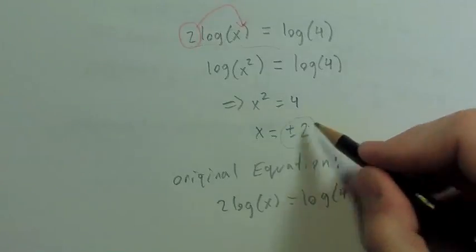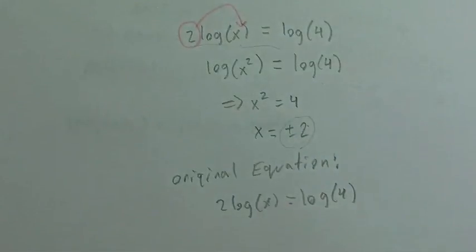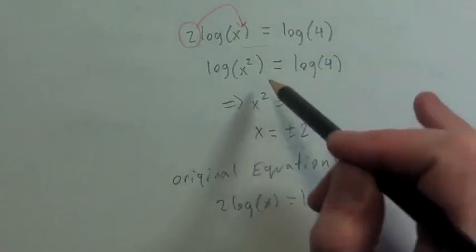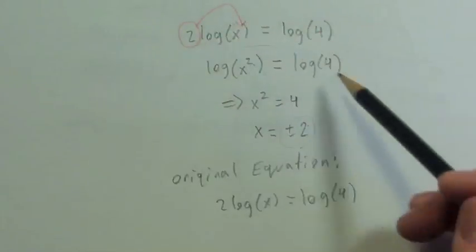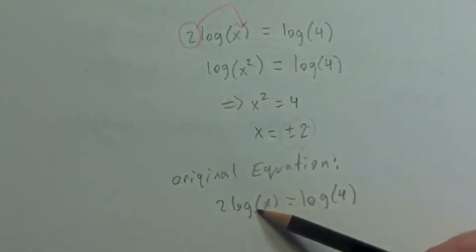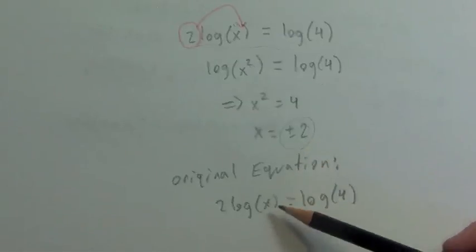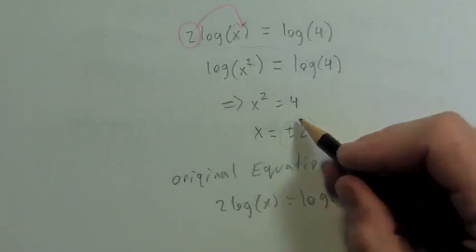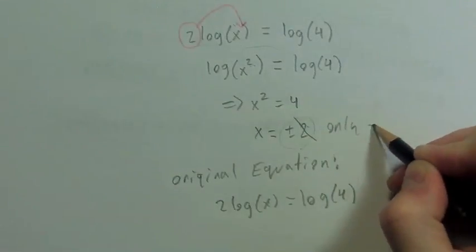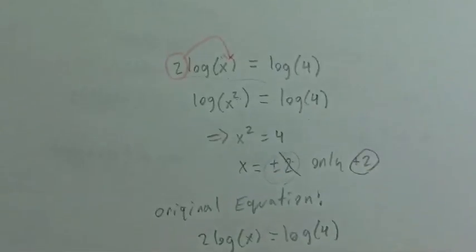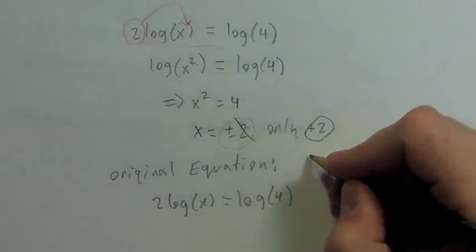I can't plug in -2 into this. Don't go to this one. Go to this one. Plug that into the original equation, and -2 is not going to work. So only +2 is the solution here. Okay, so the solution set